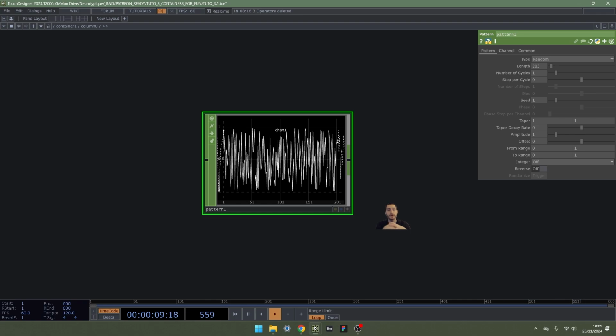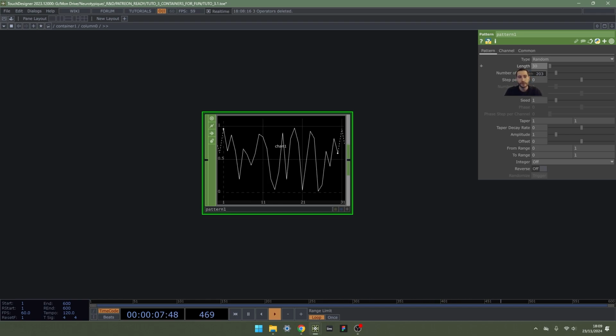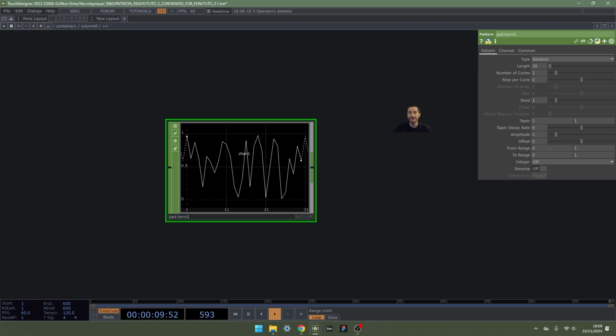If we use noise, we're going to have continuity between the samples. This is the main selling point of using noise, but here we don't really need continuity. We don't want each circle to depend on the others, so plain randomness is perfect for that. Random length is the number of random samples. We are not going to exceed 30, so we're already set with 30.